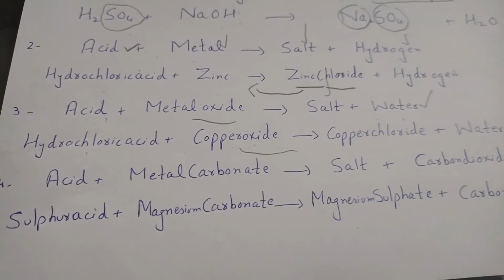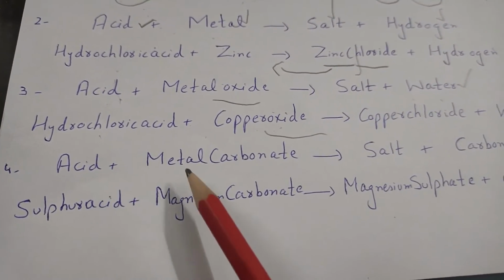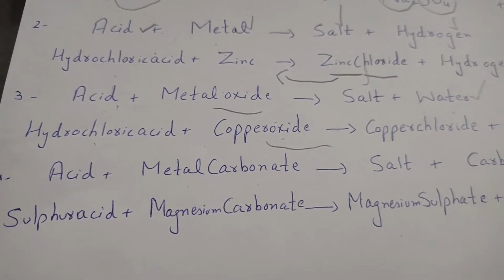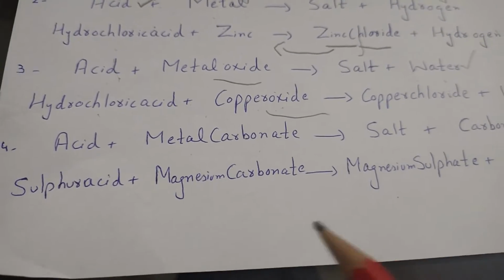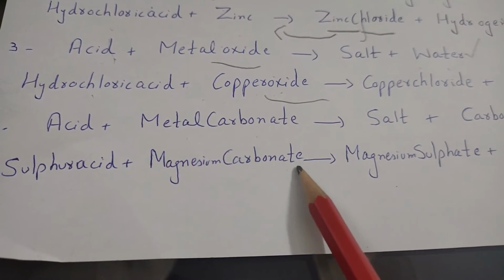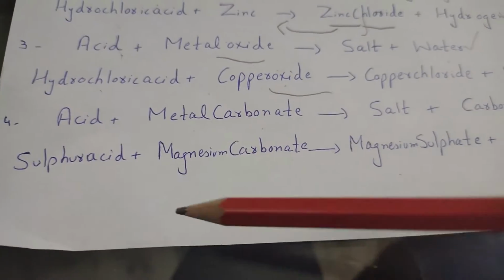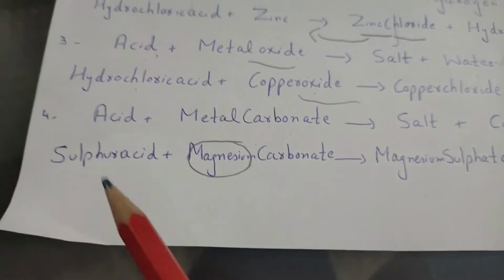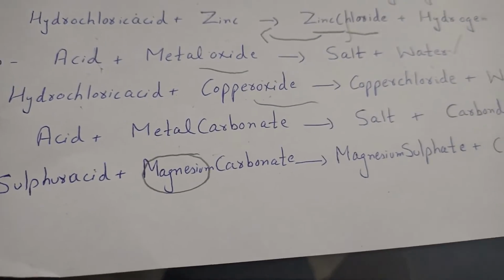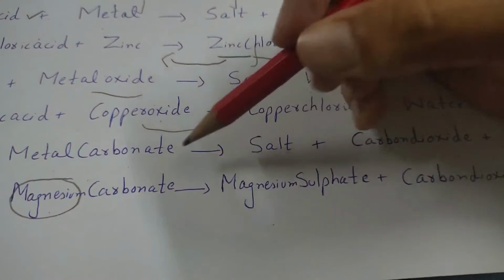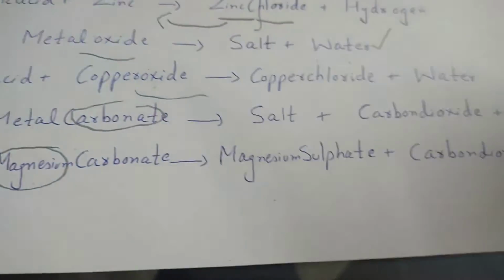Now, the fourth method is whenever the acid reacts with a metal carbonate, like magnesium carbonate, sodium carbonate, potassium carbonate, zinc carbonate. For example, here I took the acid sulfuric acid plus magnesium carbonate. So what will be the salt formed? First we take the name from the metal, so it will be magnesium sulfate. If instead of sulfuric acid it were hydrochloric acid, it would form magnesium chloride. Is it clear? But whenever there is the word carbonate, we will get carbon dioxide and water.